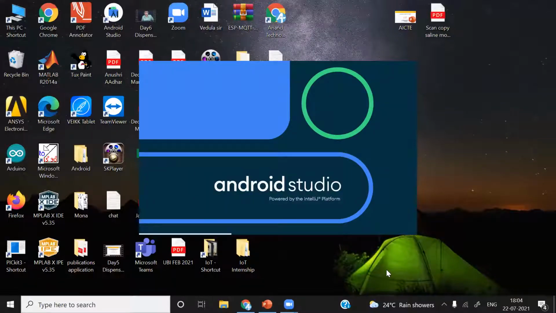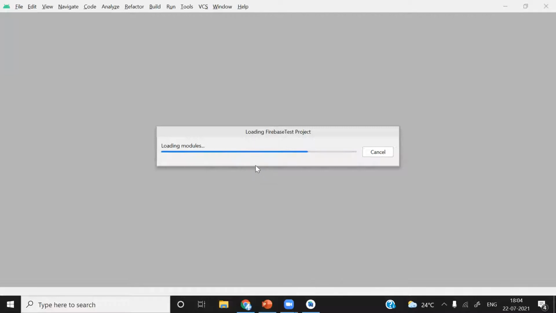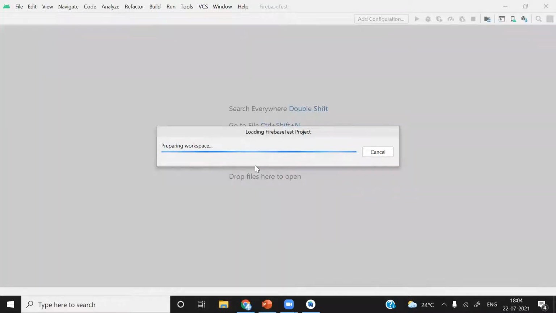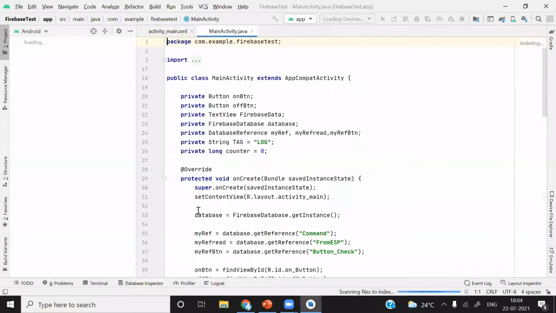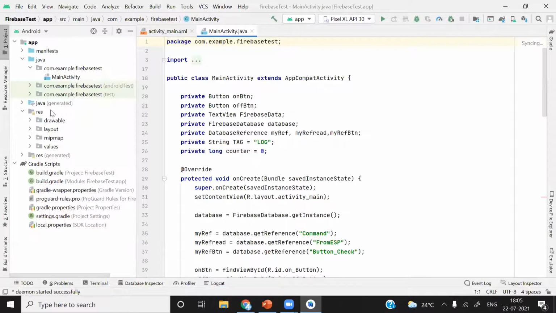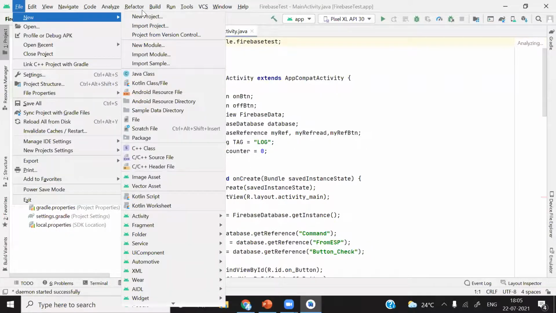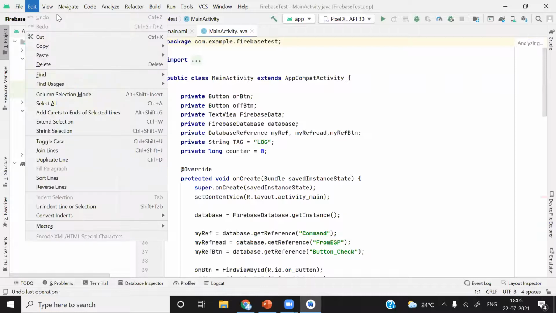So today we are going to create a few applications. The first application will be where we are going to take a user input. We will learn about how to take user input in Android Studio, and after that we will send that user input into Firebase. So we'll learn about the creation of the user interface first. What we will do, we'll start with a new application. We'll start from scratch.